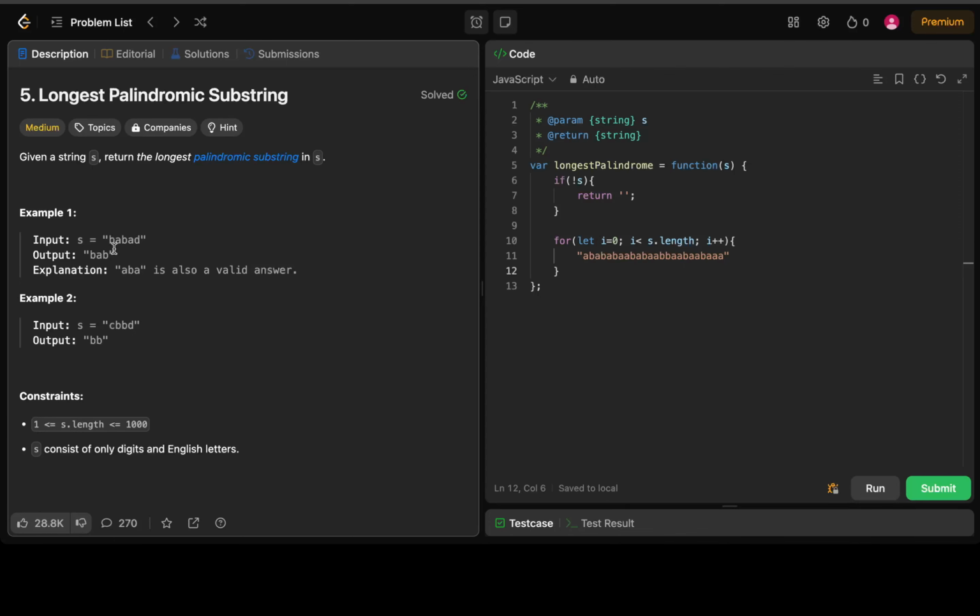We start from the index. We increment the index from 0 to the end of the array, and in between we check. We will run a while loop and check if the left and right are equal. If the left and right are equal, we will expand our pointers: the right will go to the right side and the left will go to the left side, and we'll check if they are equal or not. If they're equal, that means it is a palindrome. If they're not equal, that means it's not a palindrome, and then we can just return